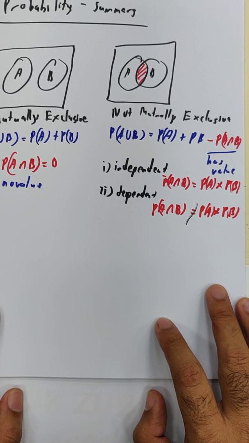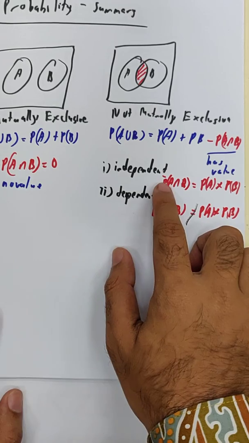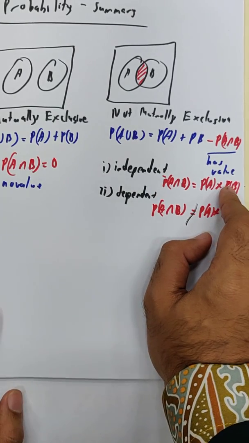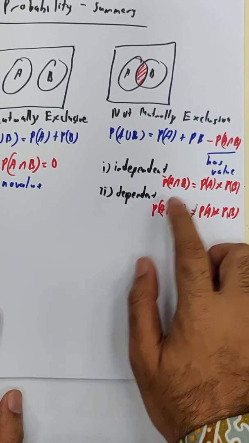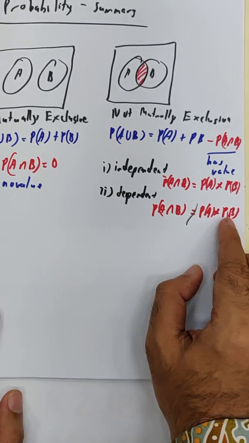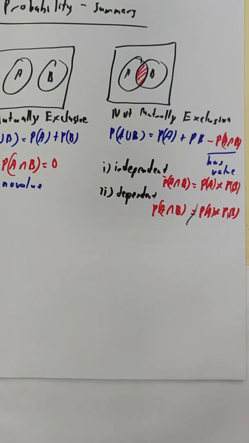Okay, so what is independent? When P(A intersect B) equals P(A) times P(B). When is it dependent? When P(A intersect B) is not equal to P(A) times P(B). So sometimes life is not as it seems. Like if